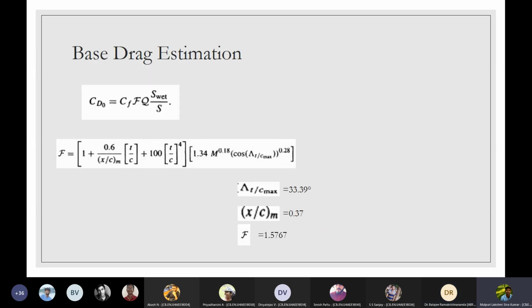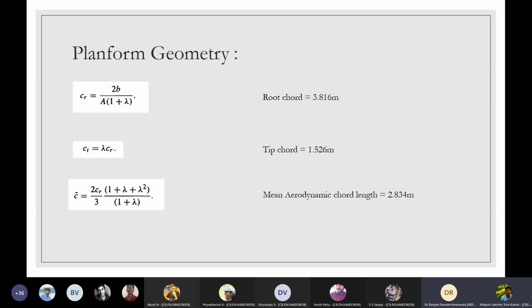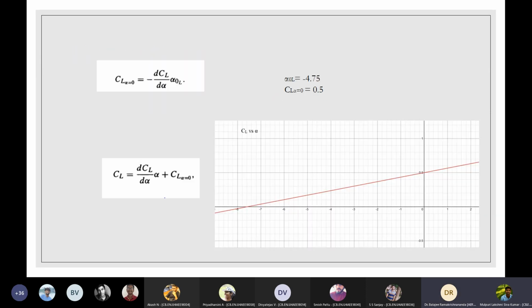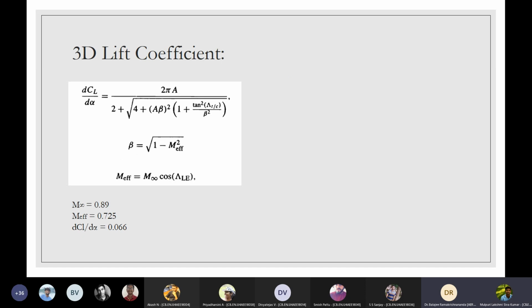Sir, here we are inducing sweep to increase the critical Mach number of the airfoil. But the effective Mach number will be changed now near the wing. That is why this beta is there. Then the lift produced will be changing now, sir. No, for the lift produced, you use the actual V infinity. Your effective wing area will automatically become less. Okay, sir. You don't have to worry about it.